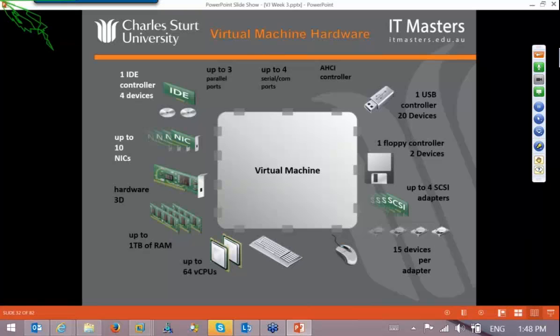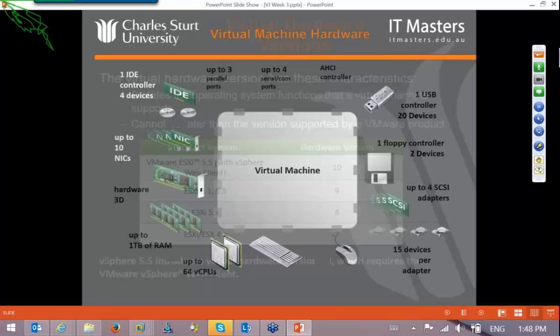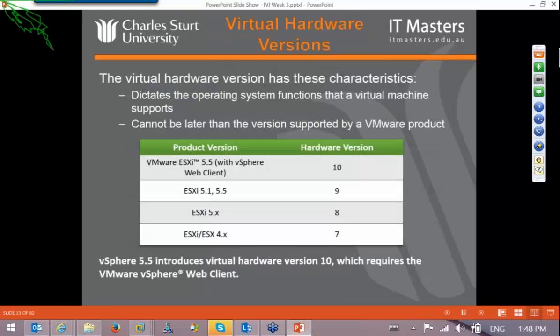You can have 15 devices per adapter. You can have up to 4 SCSI adapters per virtual machine. You can even have a floppy controller for 2 devices, and 1 USB controller up to 20 devices. To be honest, impressive. As soon as you do that, you will have your different versions, and each version has